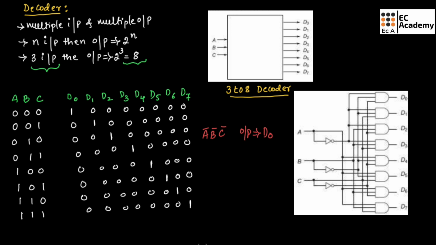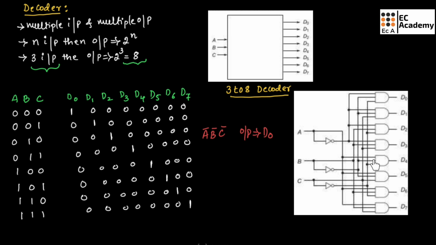In the same way, if we say we should get D4 as output, so in that case we should make A as 1, B as 0 and C as 0. So which means we should take A, B bar and C bar. So for output D4, we will take the input from A